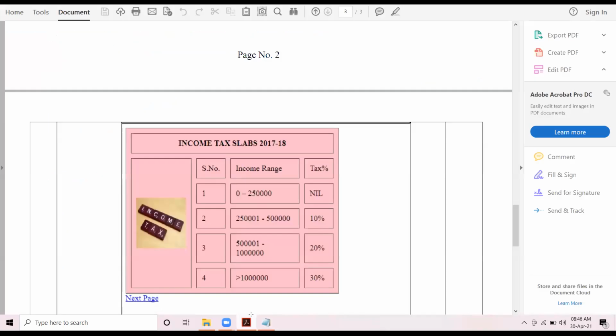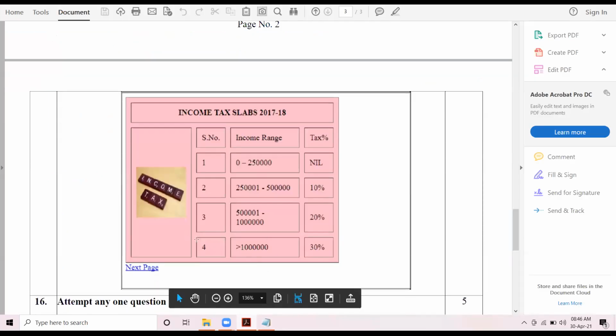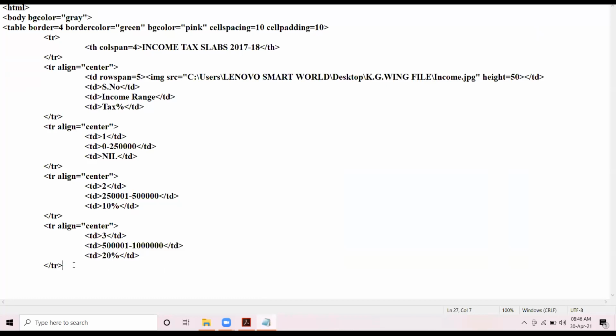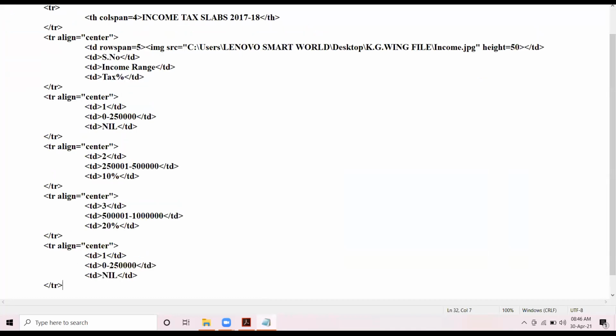Now, next we have the last row. So let us write the coding for this. TD 4. Now here we have the more than symbol, ampersand GT semicolon.